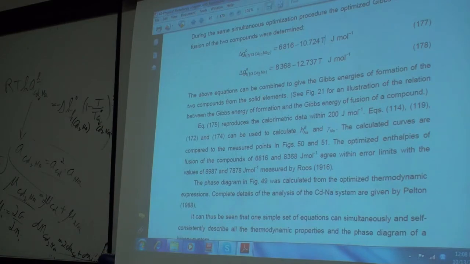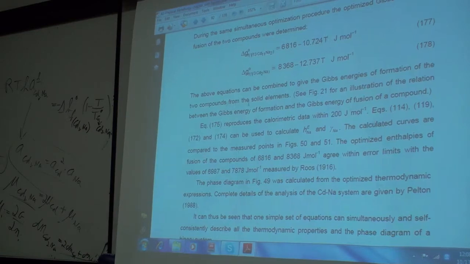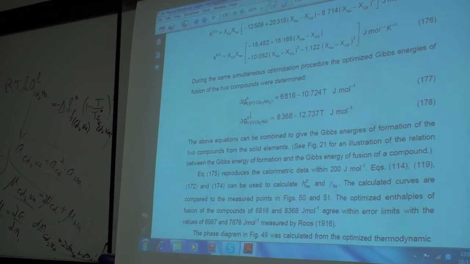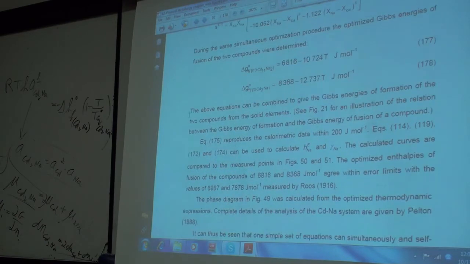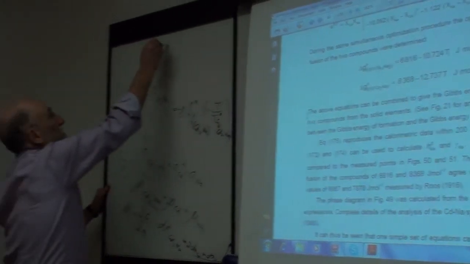The above equations can be combined to give the Gibbs energy. You can combine these together to get the Gibbs energy information of the two compounds from the solid elements over that temperature range. And then you're going to have to make some sort of an assumption for the heat capacity of the compound. And again, you can use the Neumann-Kopp rule. As a first approximation, you can assume if you have a compound Cd2Na,